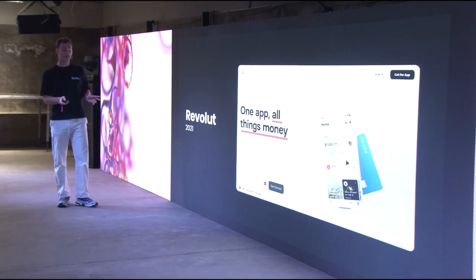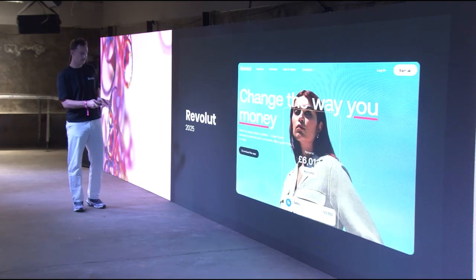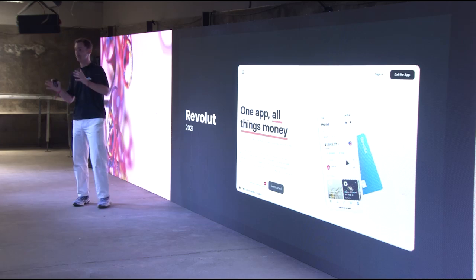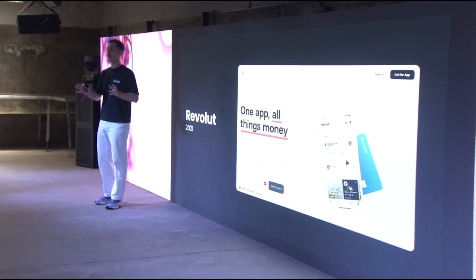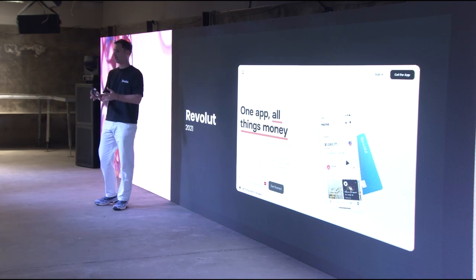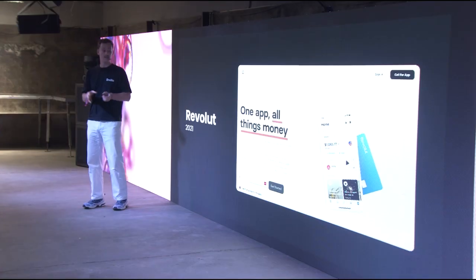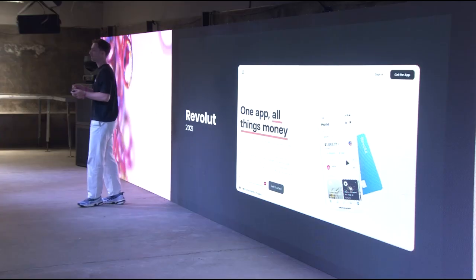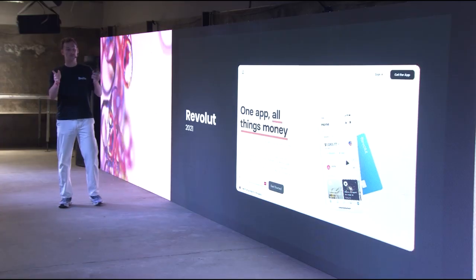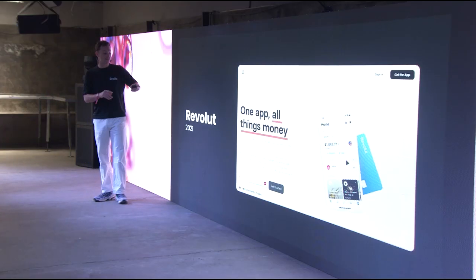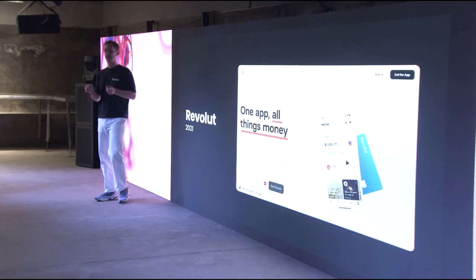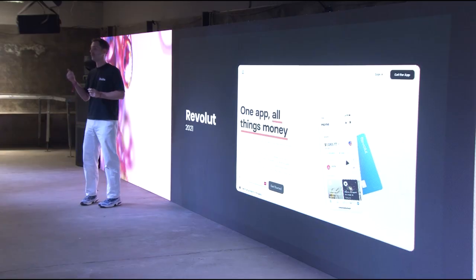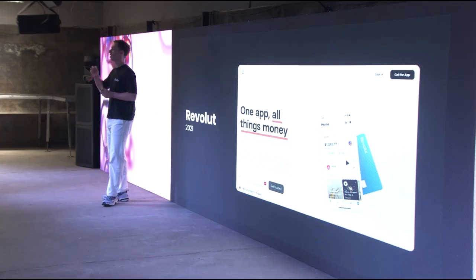2021, so it's 6 years after, they are now all things money. So they've passed from spending and sending money to having a bank directly in your mobile. And you can do everything that a bank will do, right? You can save, you can get a loan, you can change between your accounts. You can do everything. This is 6 years after. You don't even know how much work that is for Revolut, how much money raised, how many people hired in order to have all of those features.